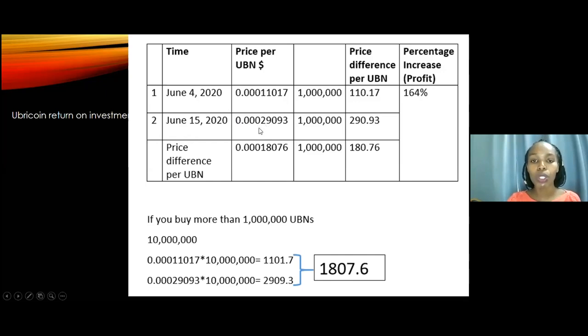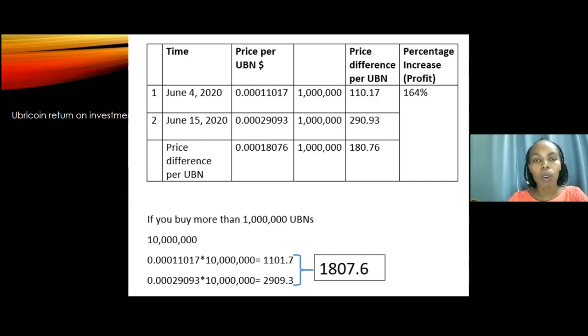And as we continue working with Ubricoin, as we continue creating awareness for Ubricoin, because that is the ultimate thing to do, if we bring more people to the market, it means that the demand for Ubricoin is going to be up. And as we all know, when the demand is up, the price continues going up. So it is my job and your job as a holder of Ubricoin to make sure that as many people as possible know about Ubricoin,